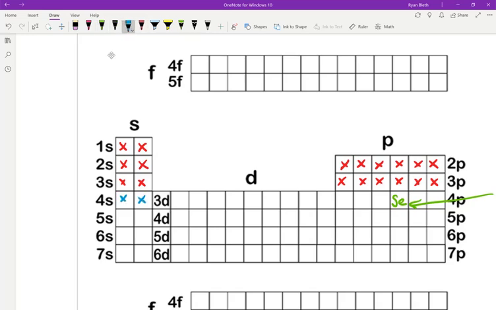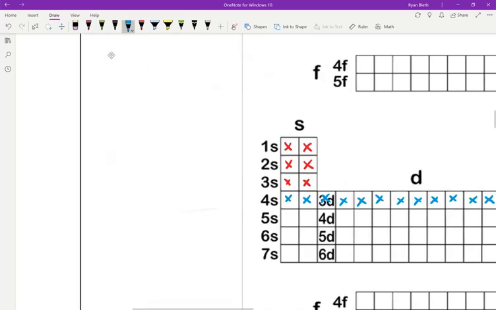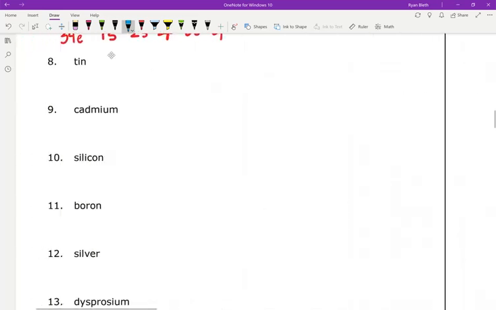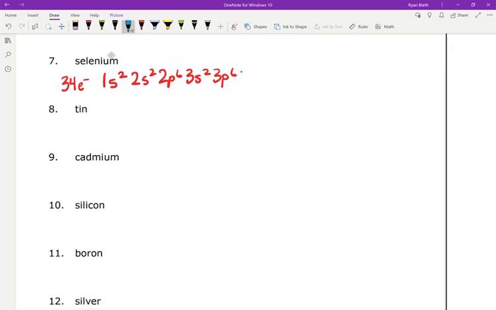4s2. And then that 3d, and we're going to go all the way through 3d because we're going beyond it. So I'm going to fill 3d all the way to its 10th position. So that's 4s2 and 3d10. Let's jot that down, and then we'll put the finishing touches on selenium. 4s2, 3d10,